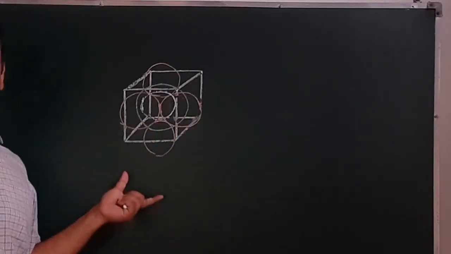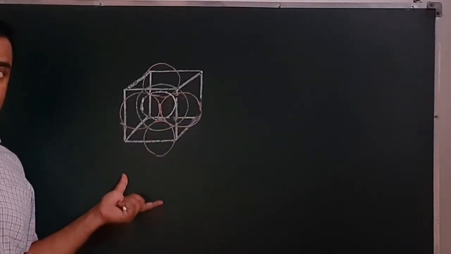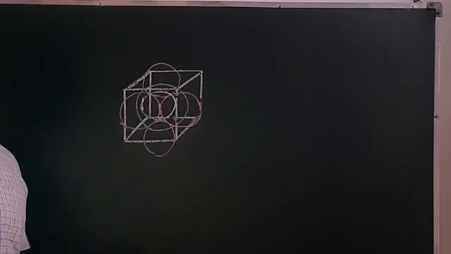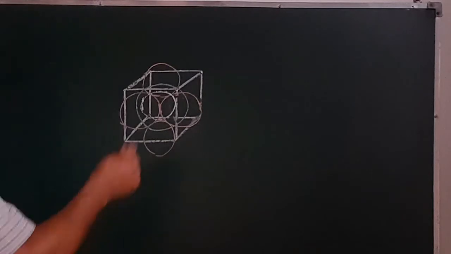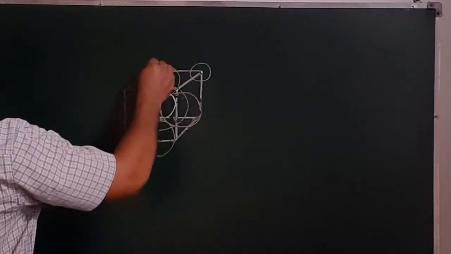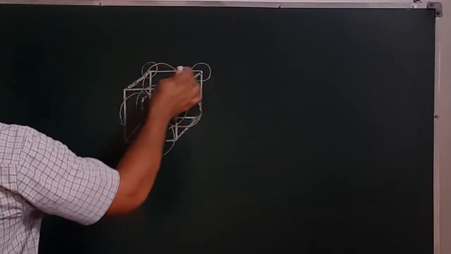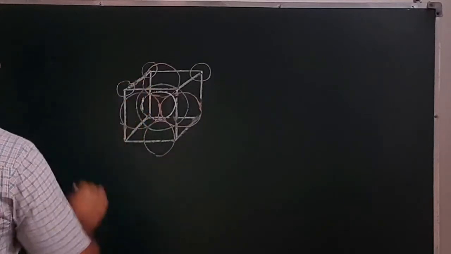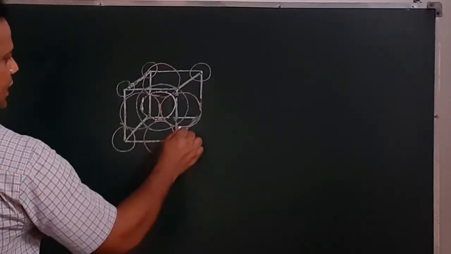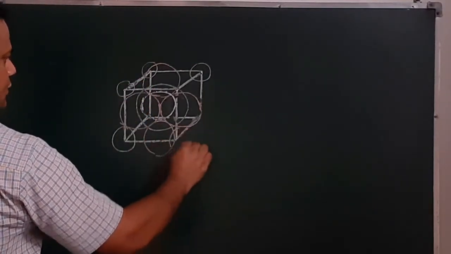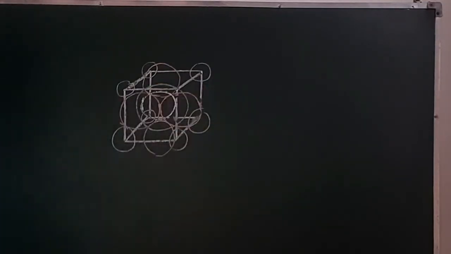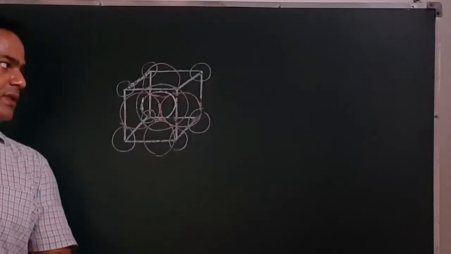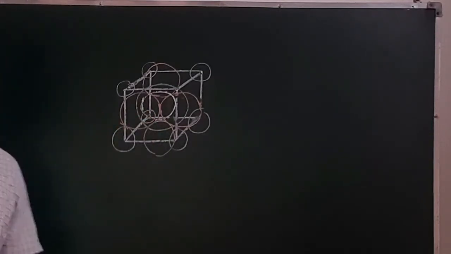Actually this is a 3-dimensional structure, and we are converting this 3-dimensional structure into a 2-dimensional structure. So it is face centered. Constituent particles will be present at the corners as well as the faces, and these are in touch with each other. So all the 8 corners and all the faces. So this is the arrangement of constituent particles.